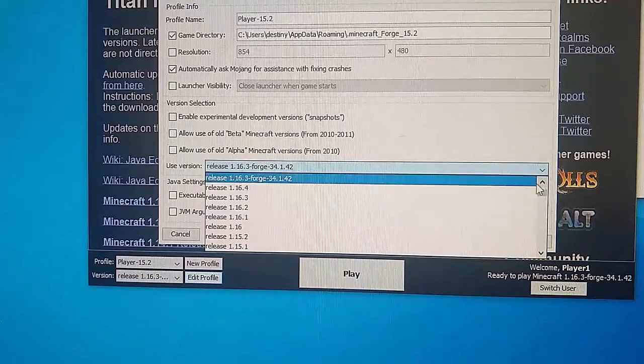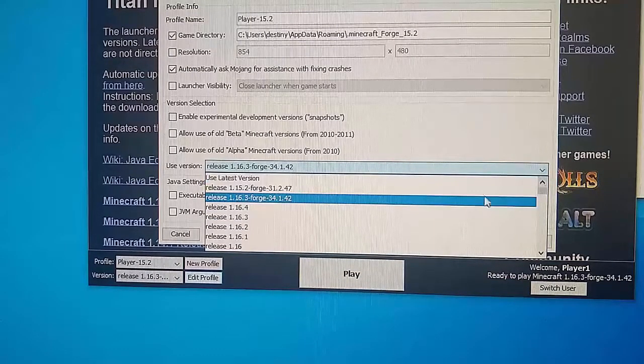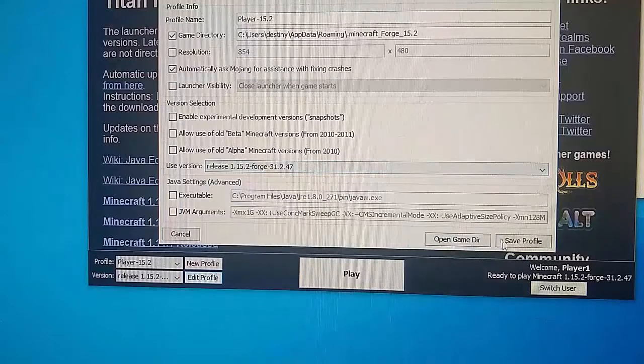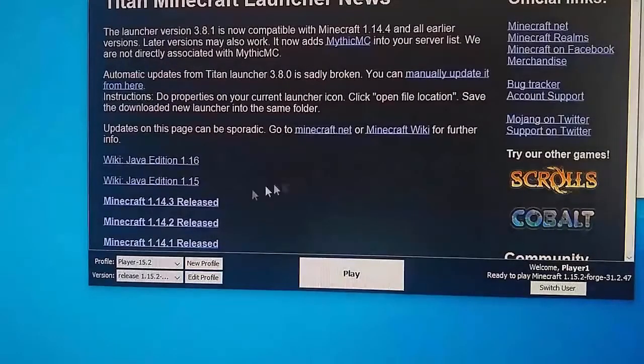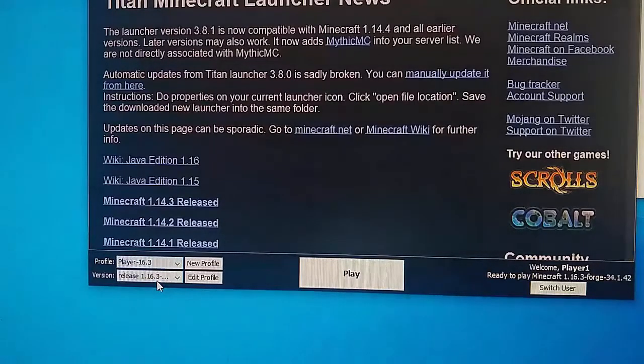So let's go back up and do 15.2. Let's save it and make sure it's fine. Right, so let's do that again. If I go to player 16.3, you can see it changed the release there. But not only that, if you look over here in the bottom right where it says player, it tells you it's going to play the Minecraft 16.3 Forge version